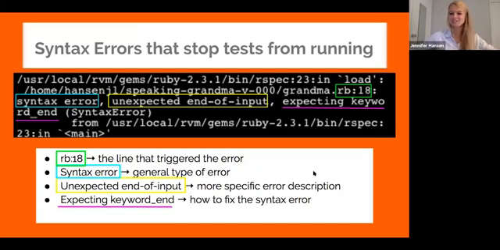Syntax errors are in some ways my favorite, but they're also the most annoying. They're my favorite in that usually it just takes like an end or a curly bracket or a quote to fix it. They're my least favorite in that actually the error message can be a little bit unhelpful sometimes. So to dissect this error message, we first are going to see the line that triggered the error. I have to give you caution, and I will show you an example of this in a second. That line is